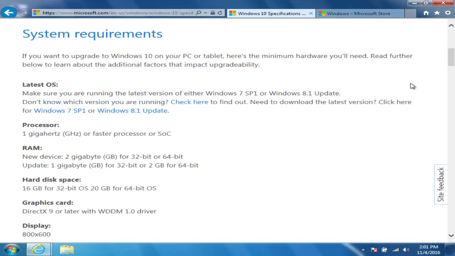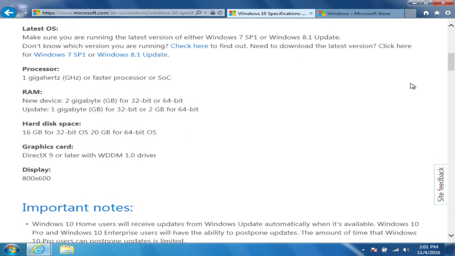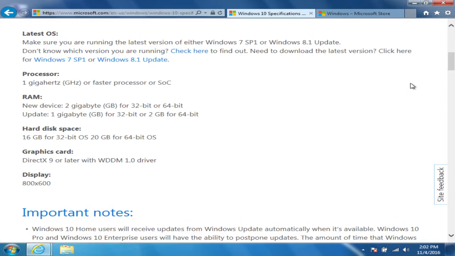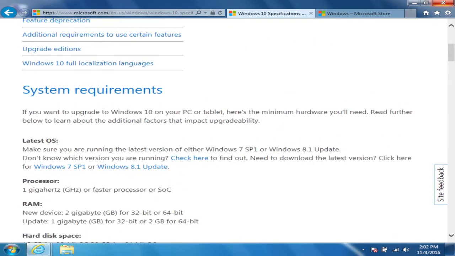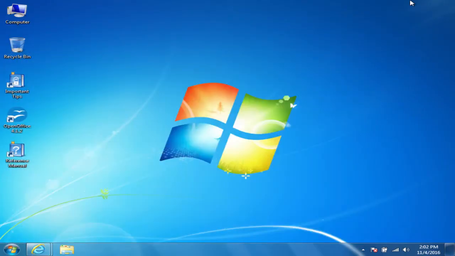Now, just because that's what Microsoft says will work doesn't mean that you should do a Windows 10 upgrade just because your machine meets their minimum requirements. The minimum requirements are basically saying what you can physically get away with, what the software will allow you to install it on.